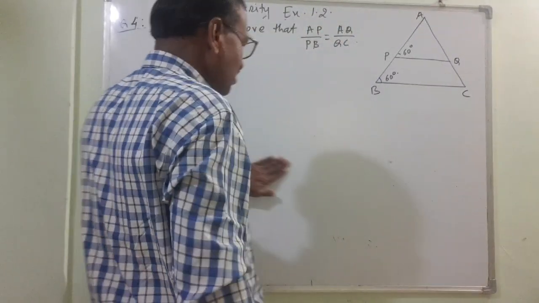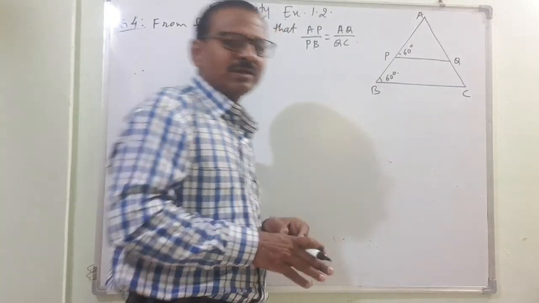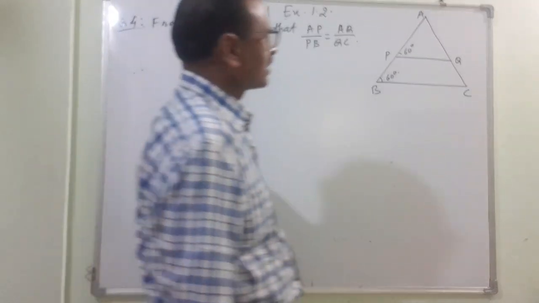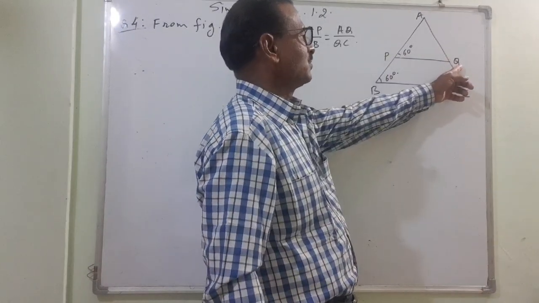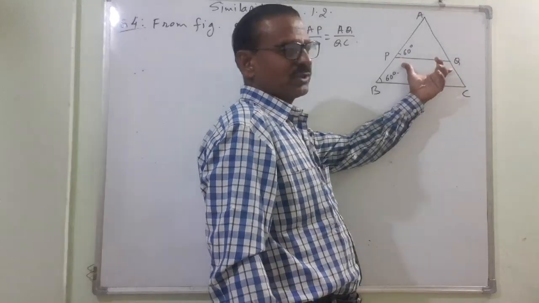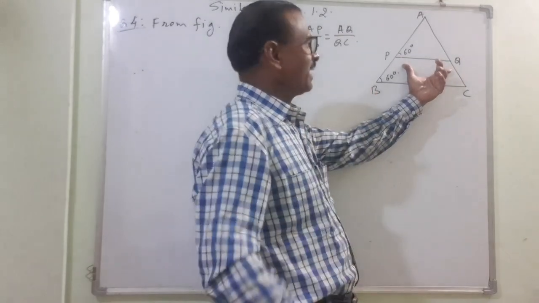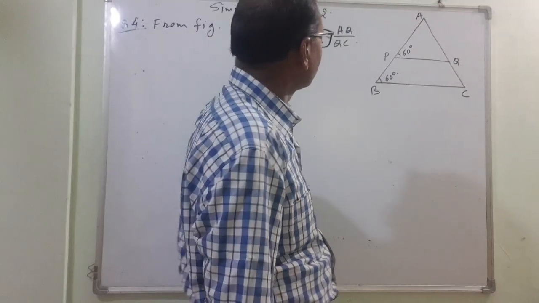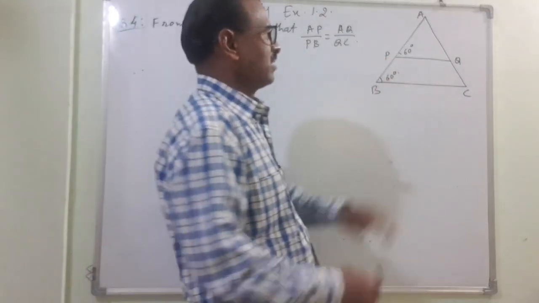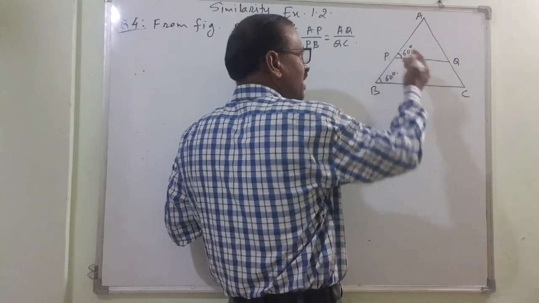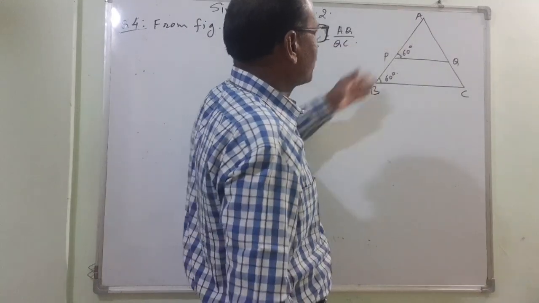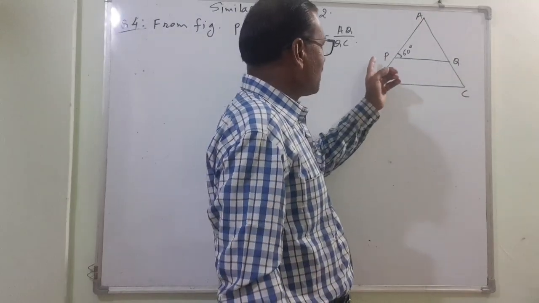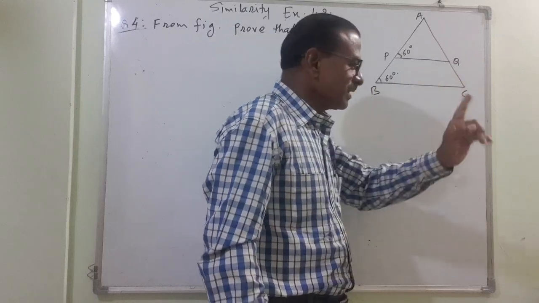So whether this is difficult or easy, we just have to see. This is also based on the basic proportionality theorem, BPT. What it states is, if a line parallel to a side intersects the other two sides in two distinct points, then it divides those sides in equal proportion. But they have not said that PQ is parallel. If they had said so, then AP upon PB is equal to AQ upon QC. That means what we have to search is, this PQ is parallel to BC, that I want to establish.